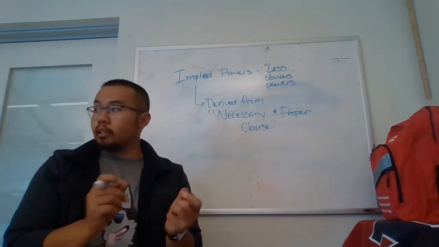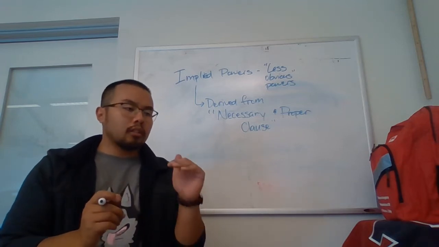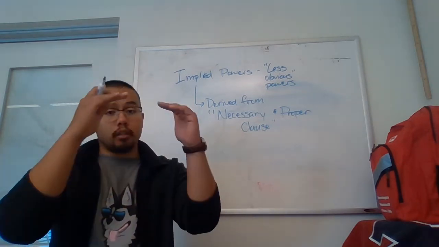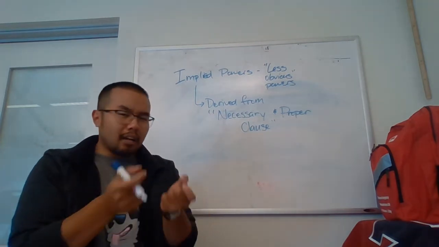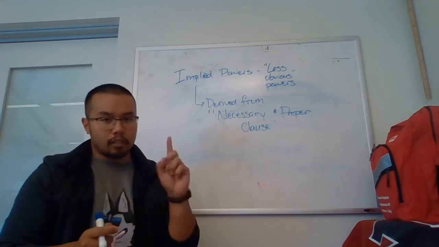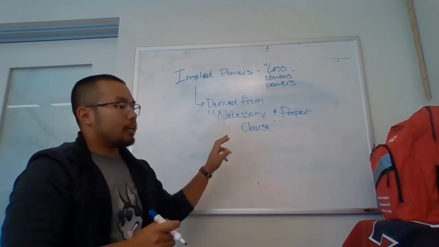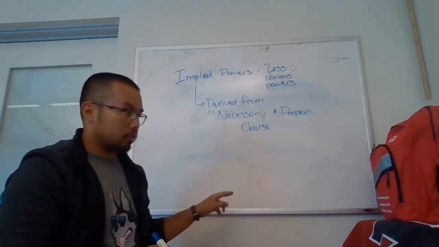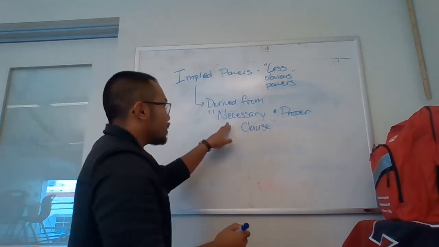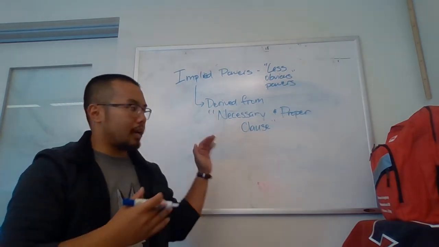I don't have my little constitution on me, but if you have it, you can look it up. In Article 1, Section 8, where all the enumerated powers are, at the very end, it states that Congress has the power to make all laws necessary and proper in executing their foregoing powers. Okay. Necessary and proper, right? I'll give you an example to help you understand what that means.